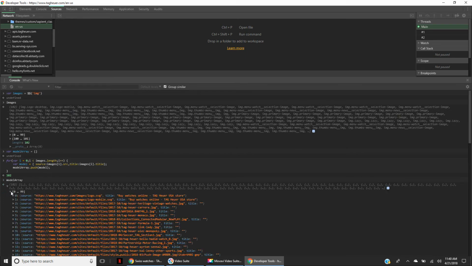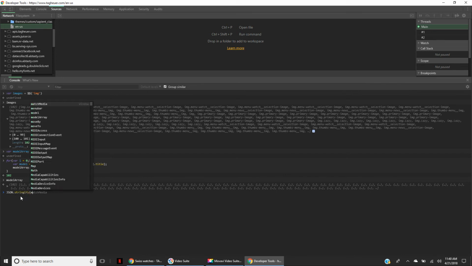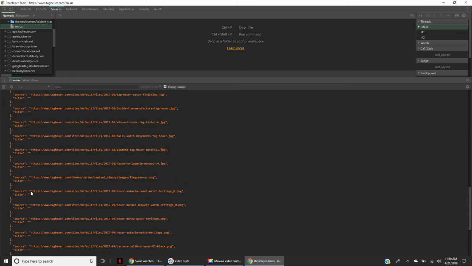So you can unwind it this way. You can do something like JSON.stringify(modelArray, null, 2). This is also very helpful just to kind of visualize the data that you just scraped off